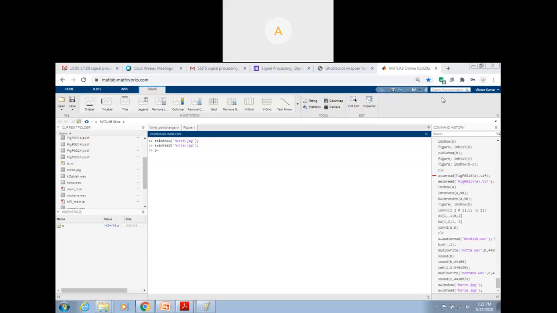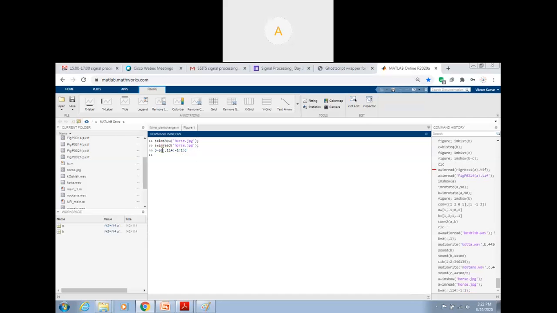Okay, so what we are doing now, let us check: 142 by 114. Now I am performing a simple thing. I am writing like this: B = A(:, 114:-1:1, :); semicolon, enter. Now, can you expect what I have done?